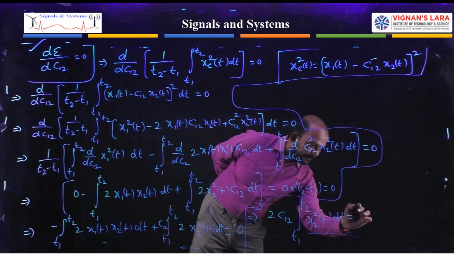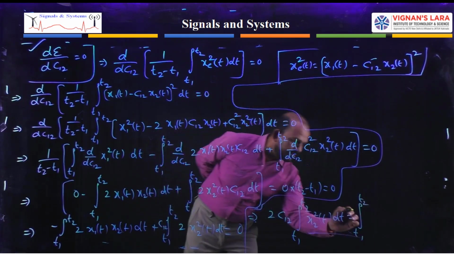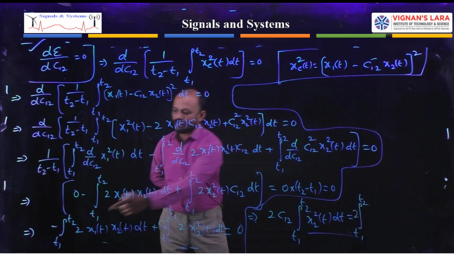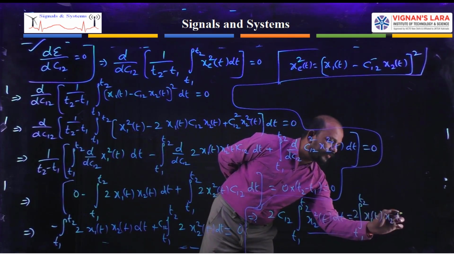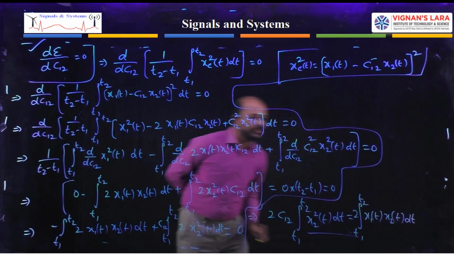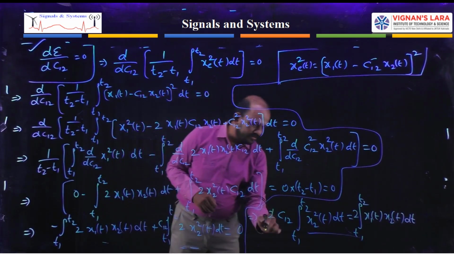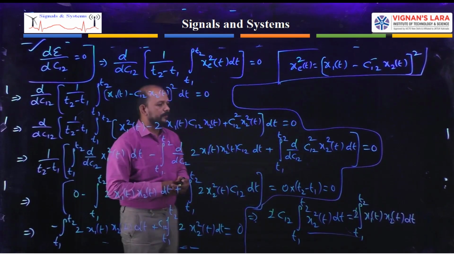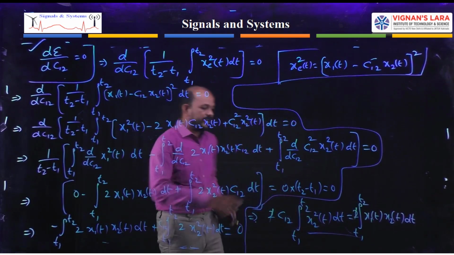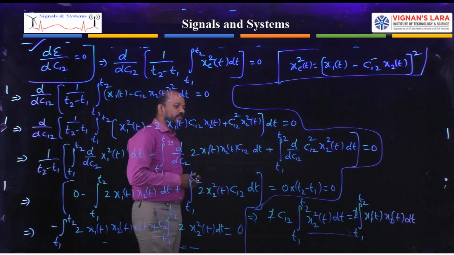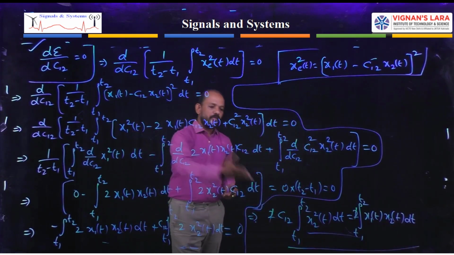So the equation is integral t1 to t2. So I am taking out 2 as outside. That is 2 into integral t1 to t2, because it is a constant. I am taking outside x1 of t into x2 of t dt. So these are values. Now, which ones get cancelled? These two get cancelled. Okay. But now what I need here, these two get cancelled, and the value of c12. So from this equation, can you tell me what is the value of c12?